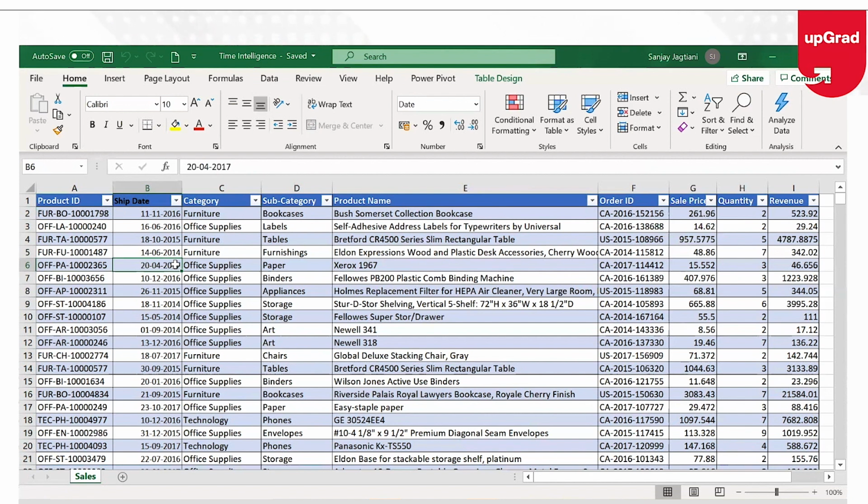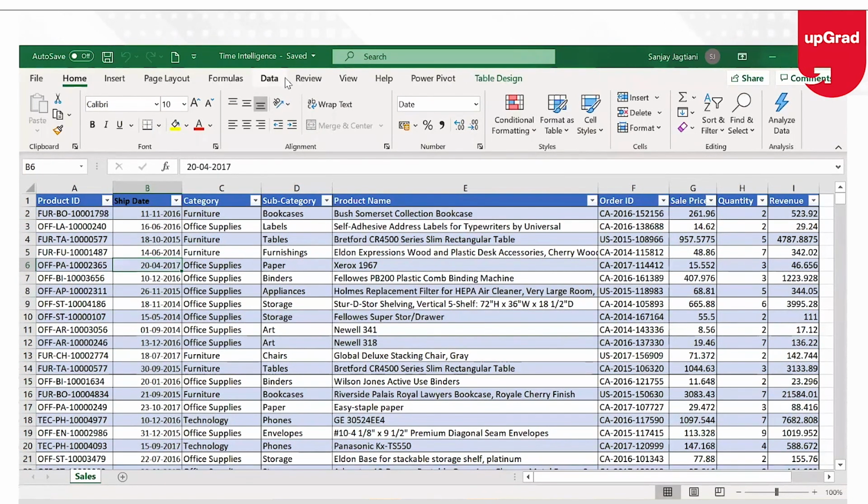In the following videos, we will also see how to perform time intelligence, which is total year to date, total month to date, and so on. There are a lot of such DAX functions which can be used to perform time intelligence calculations. Let's begin and see how to first process your data.